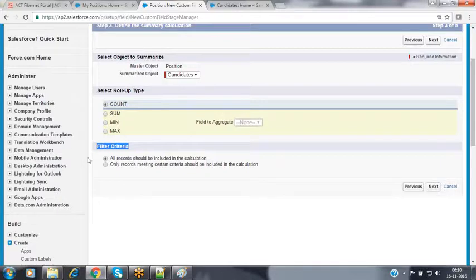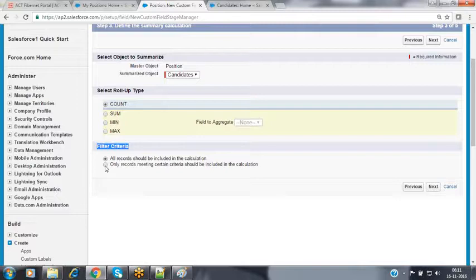That means there is no group by clause at all, there is no condition. Consider all the records available inside that child object. Now sometimes you want to count, like I want to show the count of the candidate records who have applied for this position, who have a minimum of 4 years of experience. From all those candidates who applied for this position, I want to filter those candidates here.